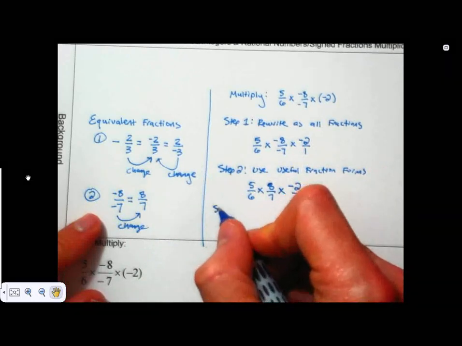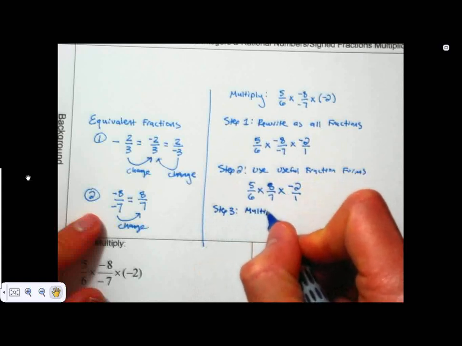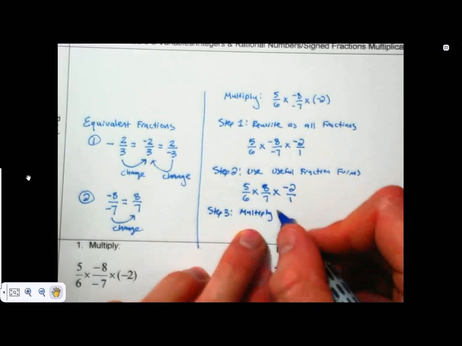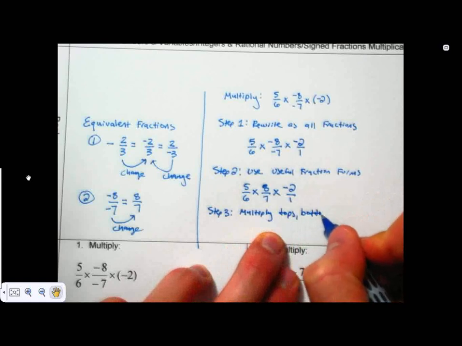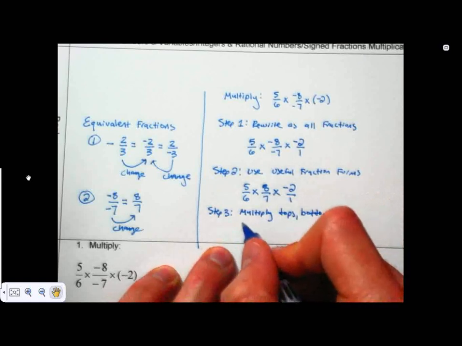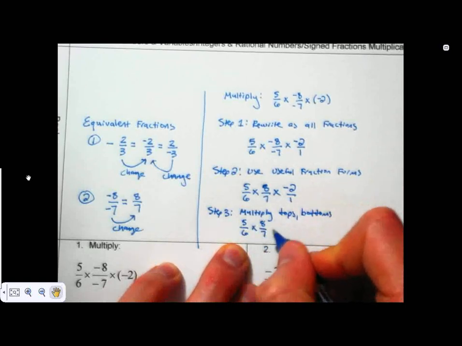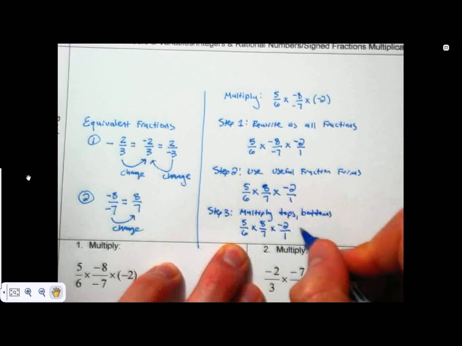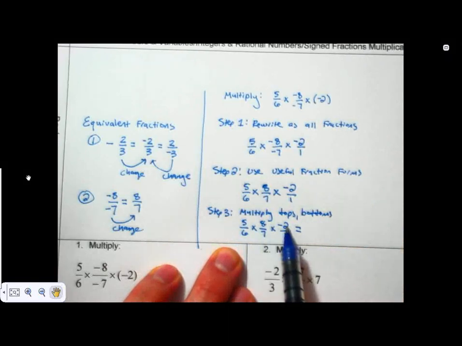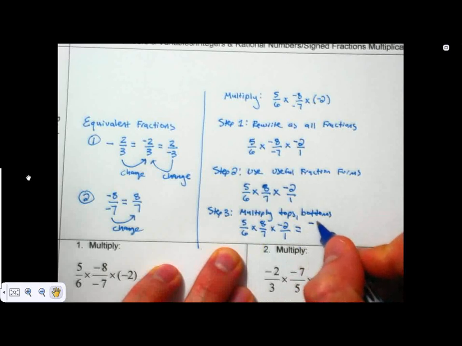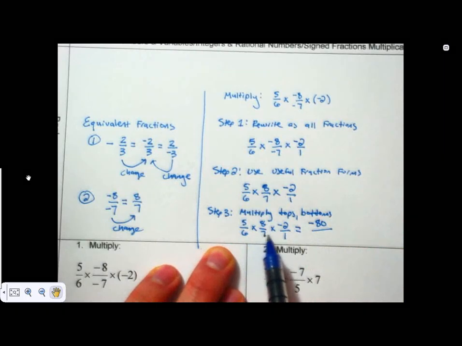And then step 3 is just to multiply what's left. So when we multiply fractions, we multiply tops and bottoms. So we've got 5/6 times positive 8 over positive 7 times negative 2 over 1. So 5 times 8 is 40. 40 times negative 2 is negative 80. And on the bottom, 6 times 7 is 42, times 1